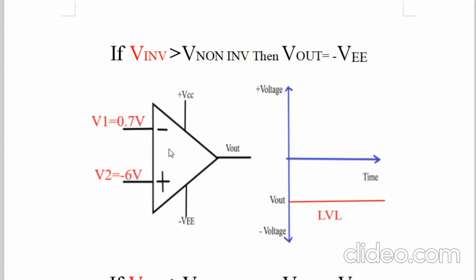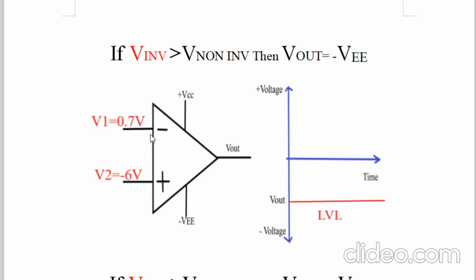In super diode, op-amp is used initially as a comparator. Once again, I will repeat. In super diode, op-amp is used initially as a comparator, and thereafter the op-amp starts working as a unity gain amplifier sometime, and sometime it doesn't work as a unity gain amplifier. That we are going to study step by step. So now we just understand that op-amp is important. So in super diode, op-amp is used just as a comparator.